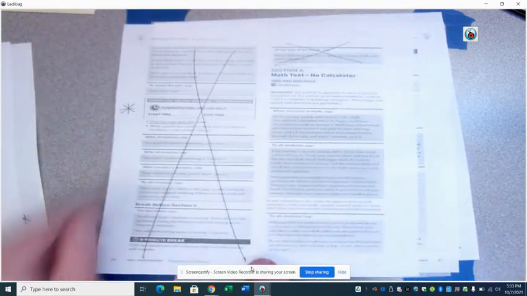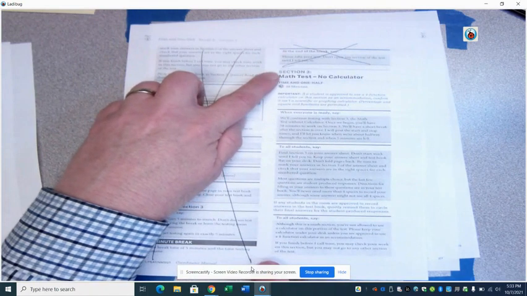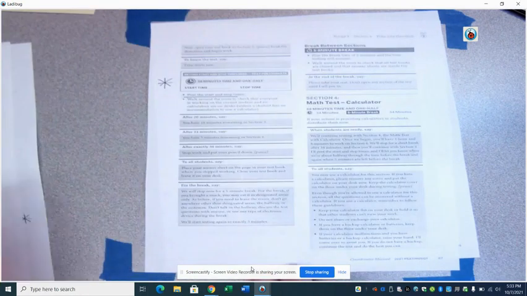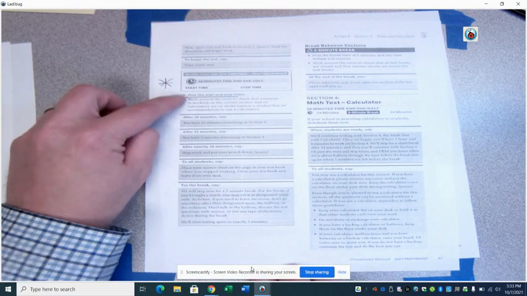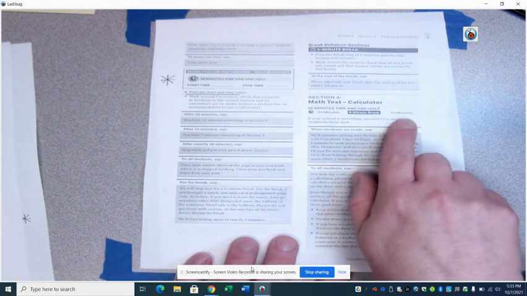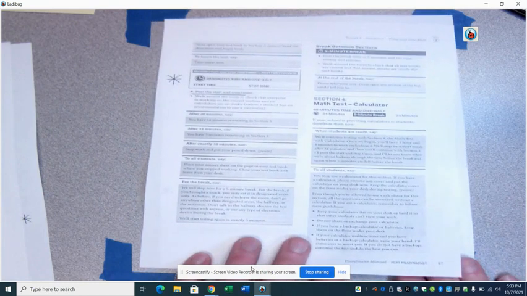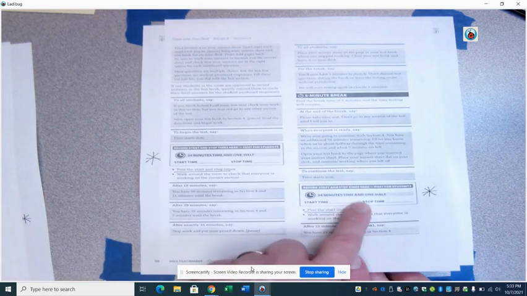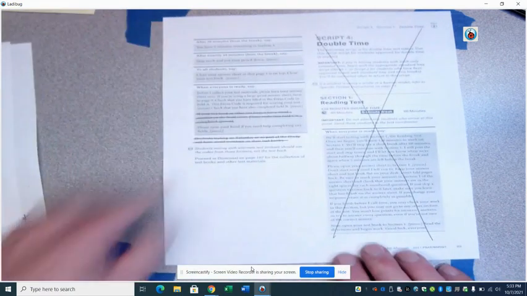We actually jump then to section 3, math test, no calculator. They're going to get that extended time. You're going to record it here, post the start and stop time. Calculator, like I said, is broken into 2 parts with a 5-minute break because of the extended time. You'll continue through. You'll record start and stop time for each section in here, and then it'll take you to the end.